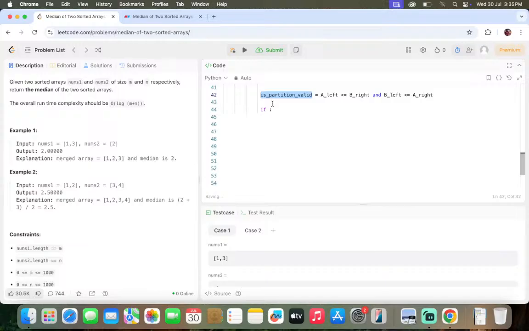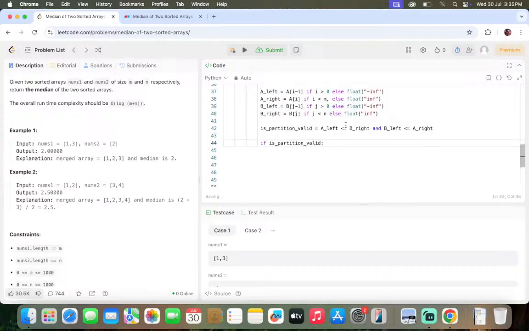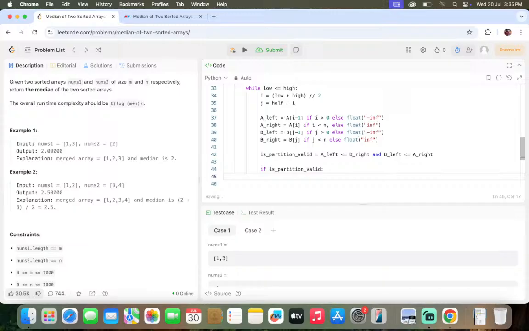In Python there is the concept of truthy and falsy values. So we don't have to write if it is equal to true. This will return either true or false, so we just write if is partition valid,